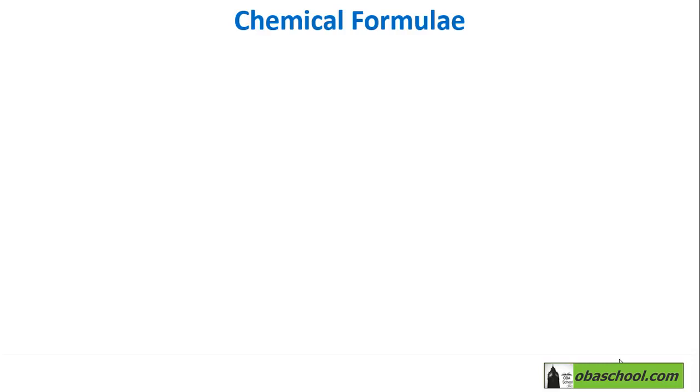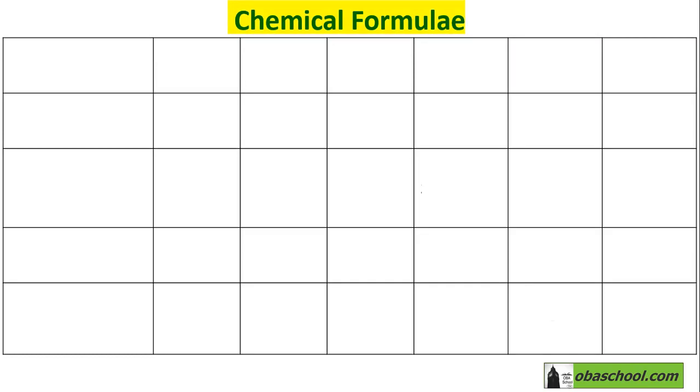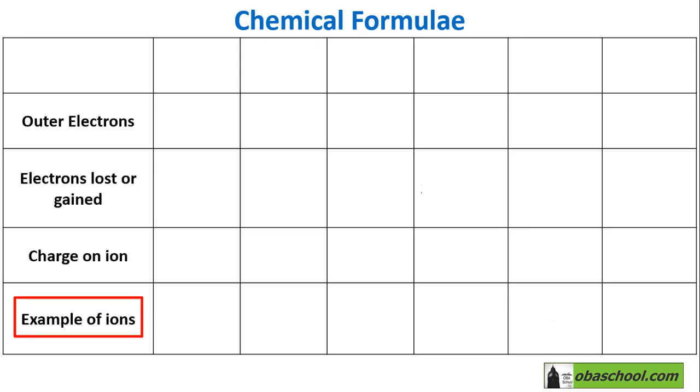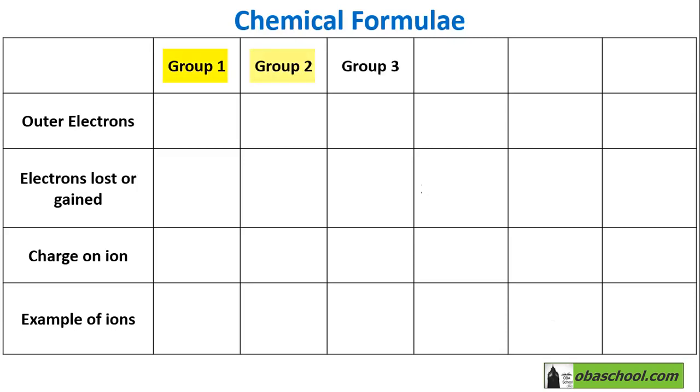Now we are going to discuss the chemical formulae. In this table, we are going to be comparing how elements in the periodic table have a different number of outer electrons, the electrons lost or gained when they become ions, the charge on the ion, and examples of ions. This information is going to be compared in the elements in group 1, group 2, group 3, group 5, group